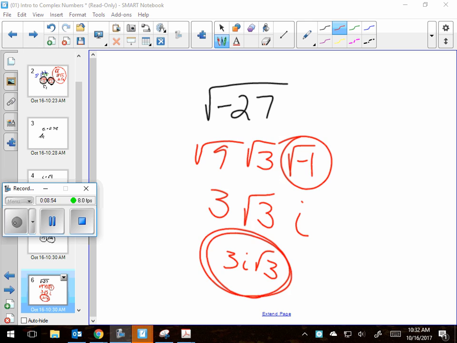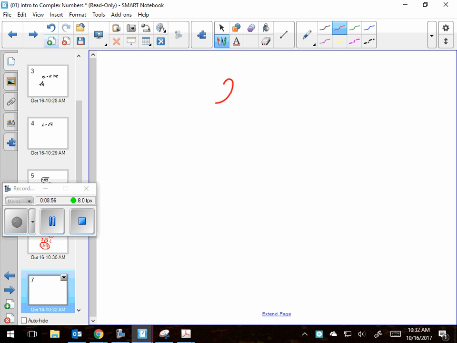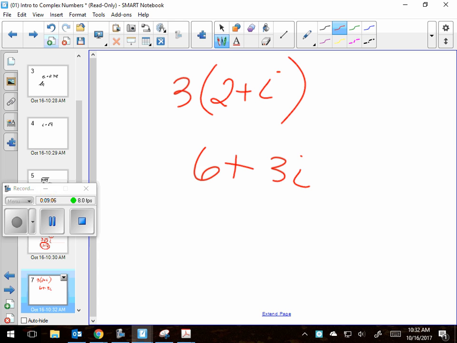All right, here's other things you might want to know. i acts just like a variable. If I say 3 times that, it is as simple as you would think. 3 times 2 makes 6, plus 3 times i makes 3i. It's just as simple as you would think. It just moves around like a variable. So it acts just like an x or a y or a q. It's just you can't stick anything else in it because i has to be the square root of -1.